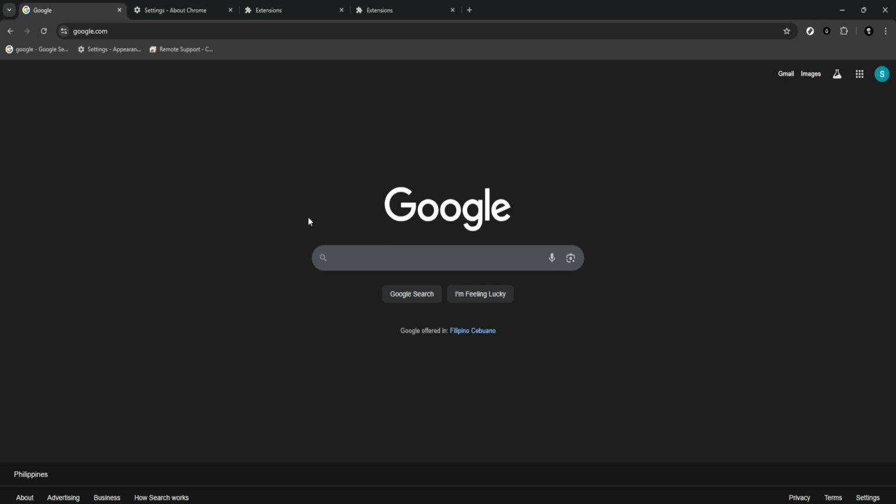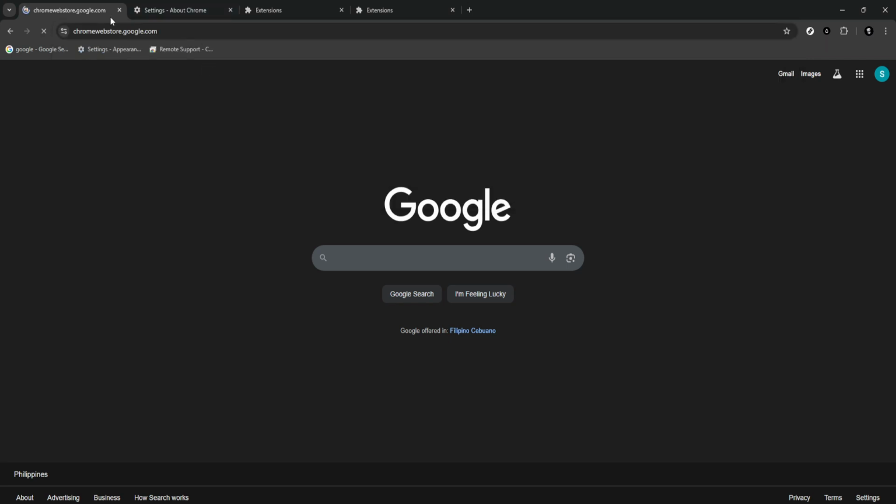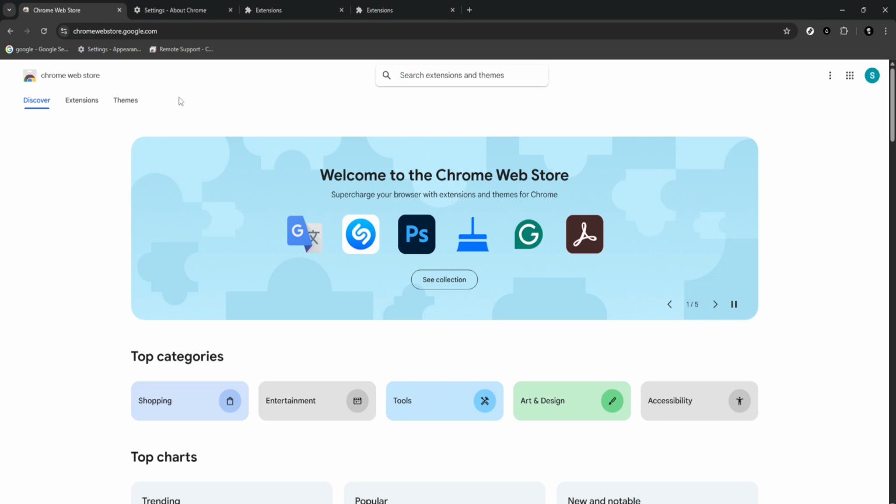First, make sure you're using Google Chrome. Open a new tab and head to the Chrome Web Store. The fastest way is to type Chrome Web Store into the address bar or your search engine and press enter. In the results, choose the official Chrome Web Store link. You'll know it's the right place when you see a clean, simple page dedicated to Chrome extensions with a search